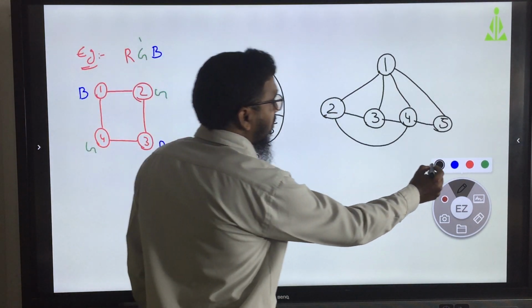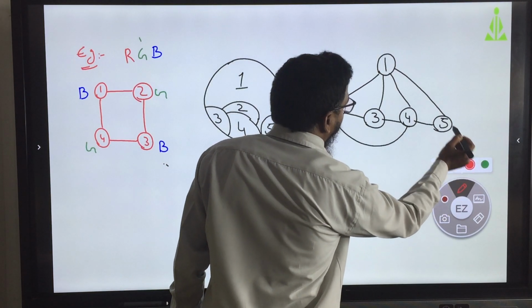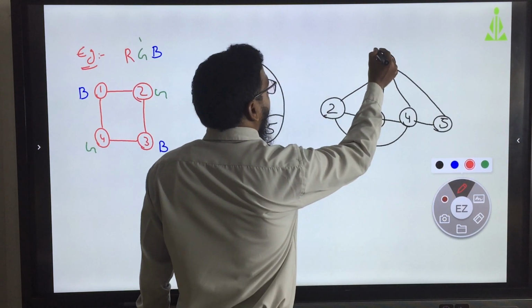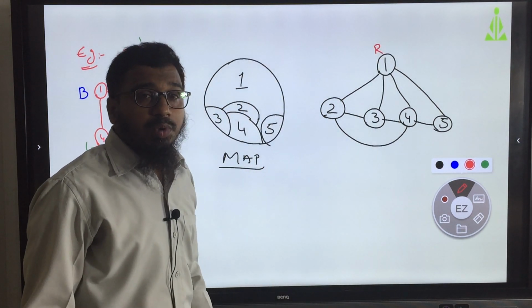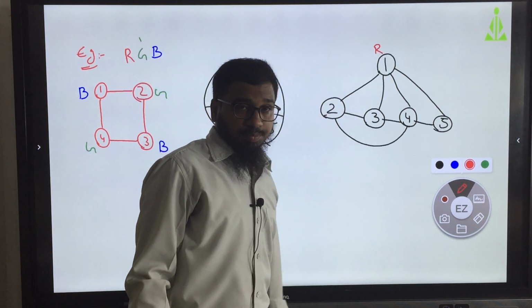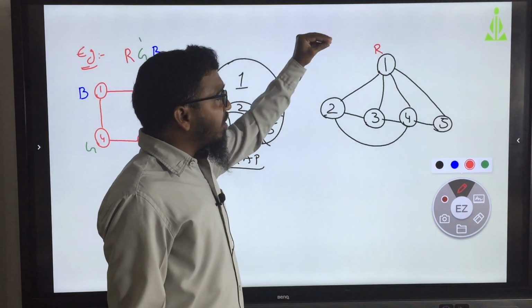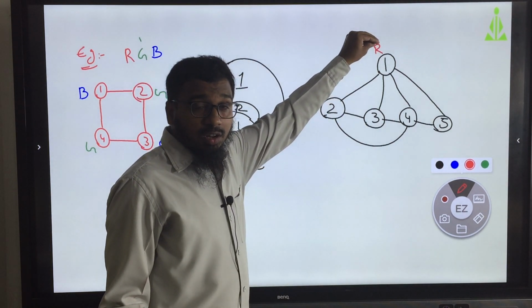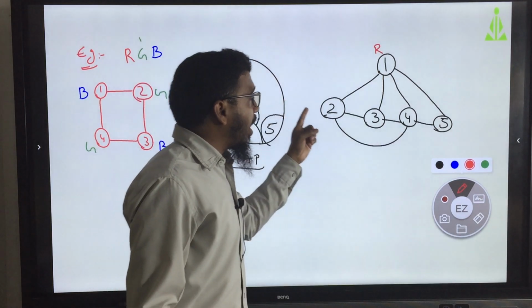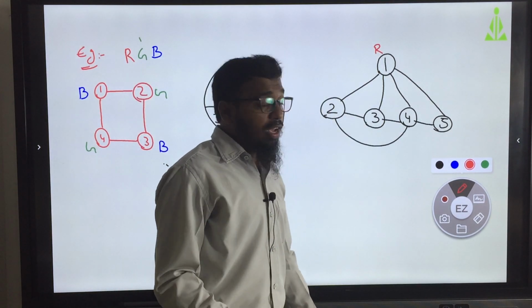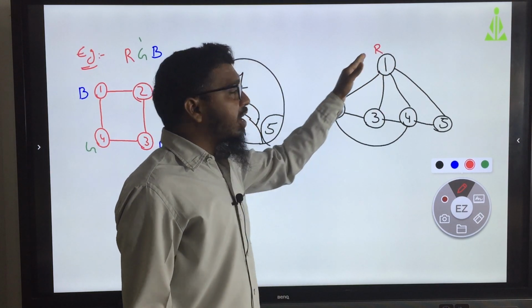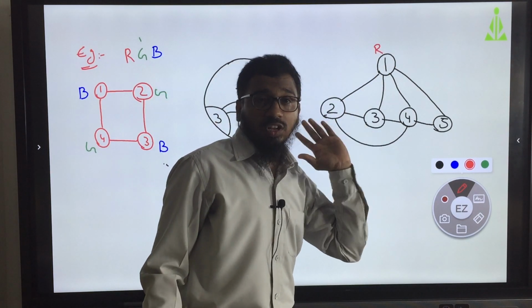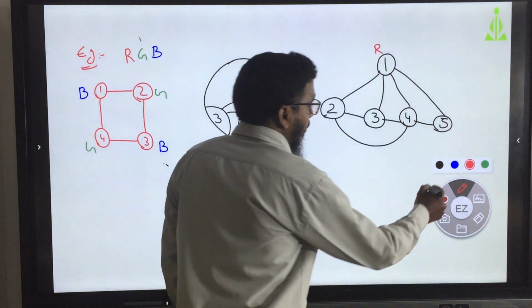Okay. First I am giving the color red. Now, when I give the color red here, I cannot give red color to any one of these, because these are adjacent to 1 and the same color I cannot give to any one of these.